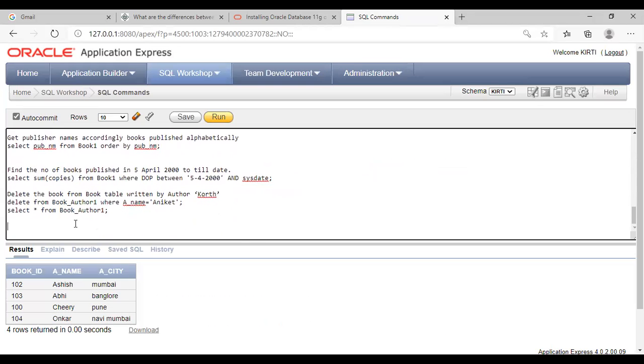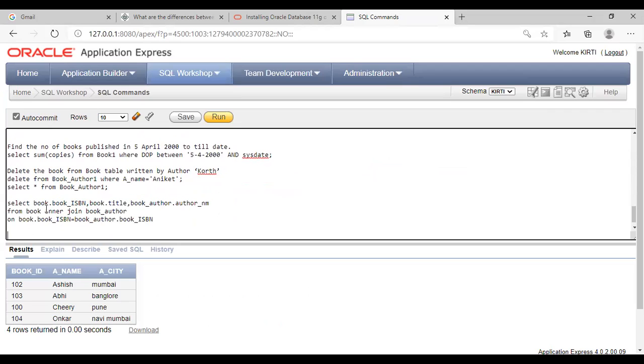So here select the book 1 book ISBN, book 1 title, book author 1 author name, from the book 1 inner join book author 1. So on book 1 we are performing the inner join operation.